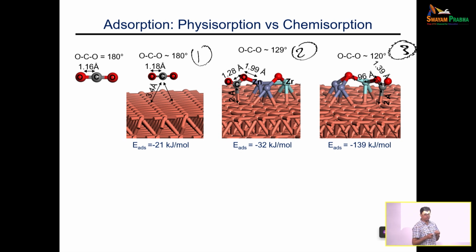CO2, like I said, originally is a linear molecule. That's what you see here. Look at this particular case. The linearity is almost maintained. There is a small change in the bond distance. It is not substantial, and the distance from the surface is also shown. That is 3.5 angstrom. For those of you not familiar with angstrom, that is 10 to the power minus 10